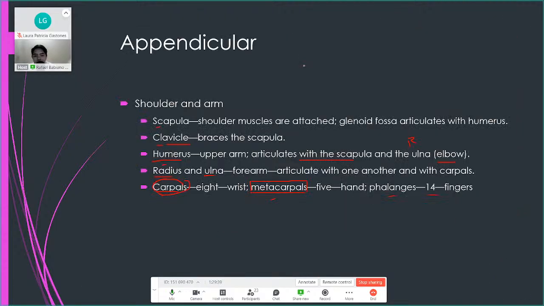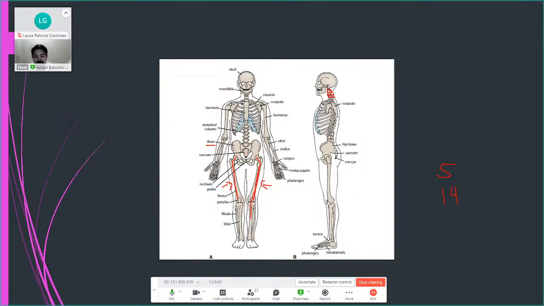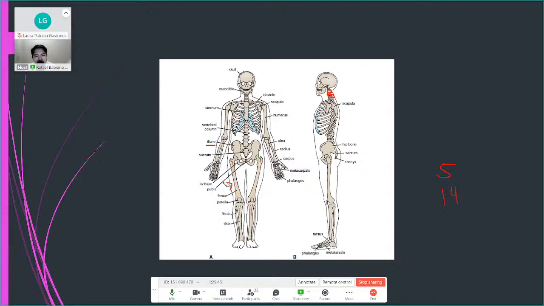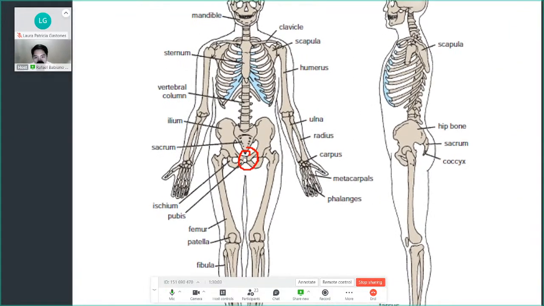Okay, so an example for a slightly movable, meaning it's slightly movable, they only move on certain instances. Okay, they don't move all the time, only if they are needed to move. Okay, for example, your symphysis pubis. Symphysis pubis is a joint between the pubic bones. So this area connecting here, that's a joint, that's the symphysis pubis. Okay, now that is a slightly movable or amphiarthrodial joint.